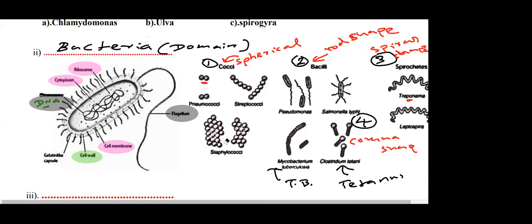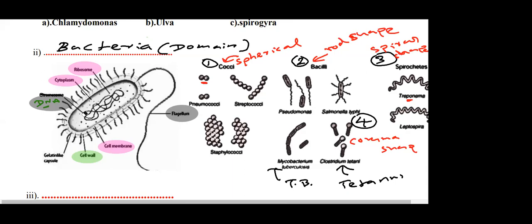Right? Understood? You don't need to memorize this. Just remember there are 4 different shapes of bacteria, or that bacteria can be classified according to the shape. Spherical means cocci. Cocci is plural, coccus is singular. Bacilli is plural, bacillus is singular. Streptococcus is streptococci in plural. Right. Okay, then that is about bacteria.